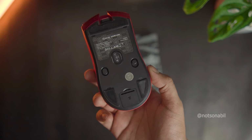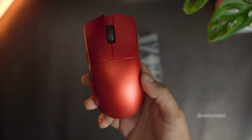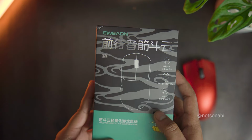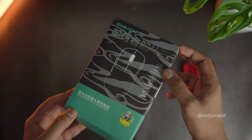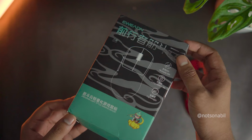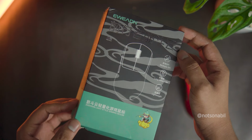But since this mouse has been performing amazingly for the last month or so, I had enough trust in Eweadn, so when they reached out about this X23, I gladly accepted their invitation to review this mouse. So here we are with the X23, and the packaging seems pretty okay,